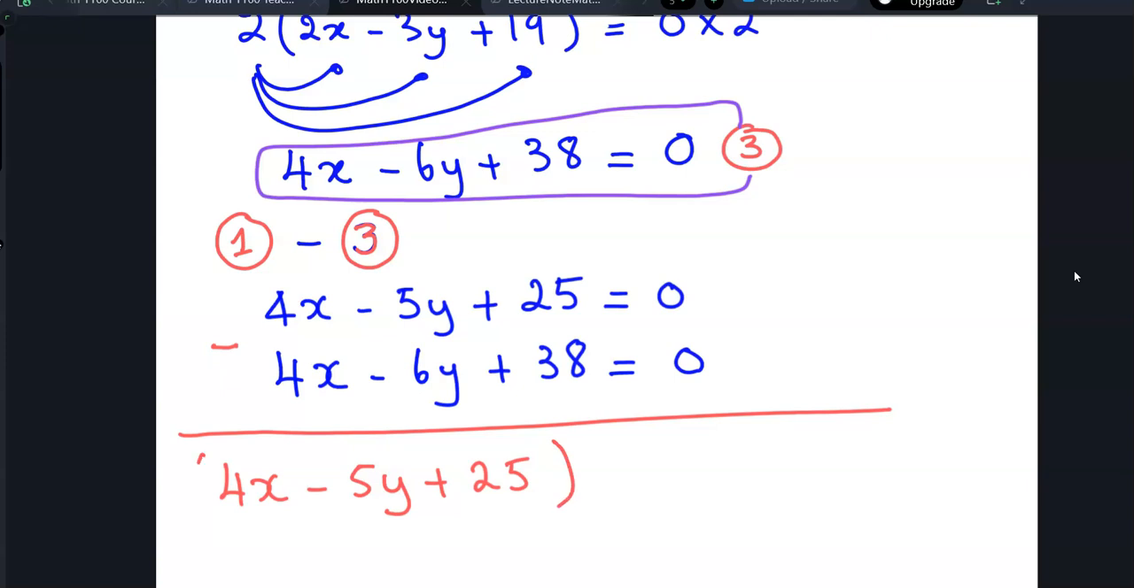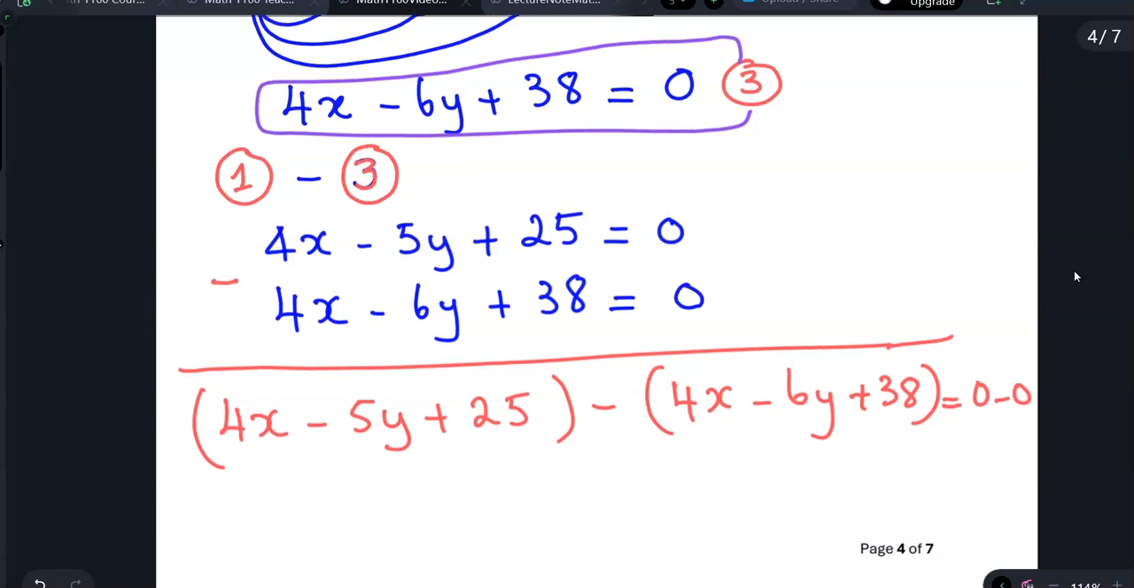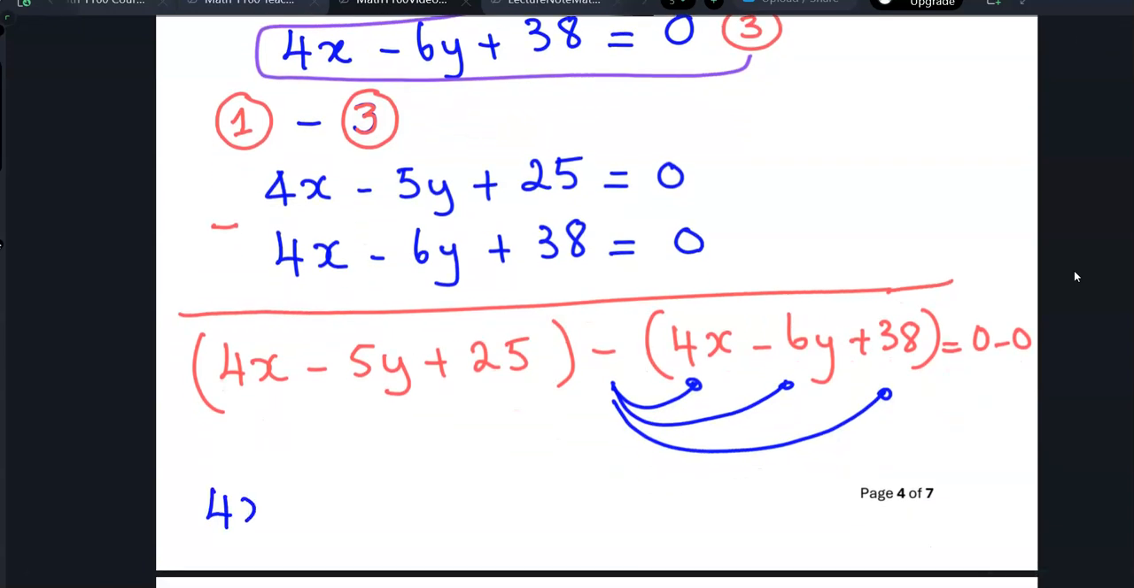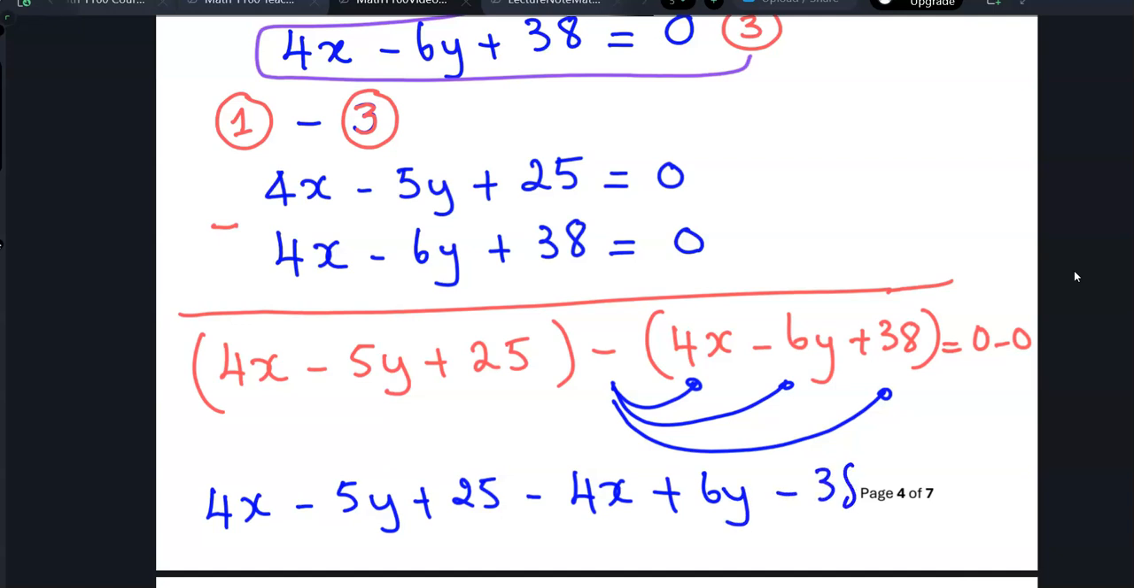Okay, so this is my equation number 1. I subtract my equation number 2. So subtracting, you are going to put all of this inside the bracket, 0 minus 0 on the other side. Before you can subtract, you must apply this negative sign in here. So I will have 4x minus 5y plus 25 subtract 4x plus 6y minus 38